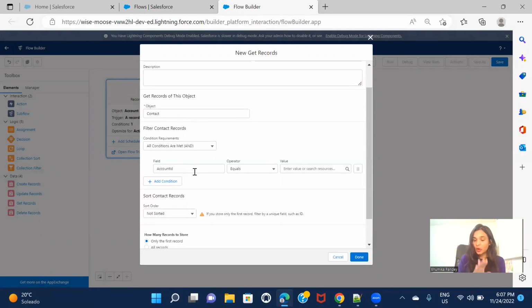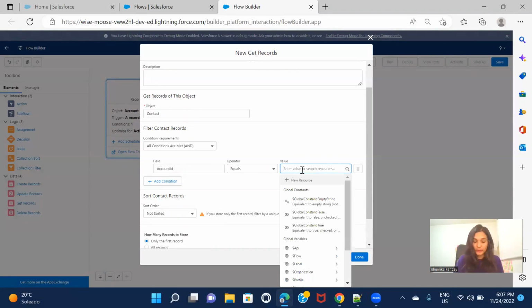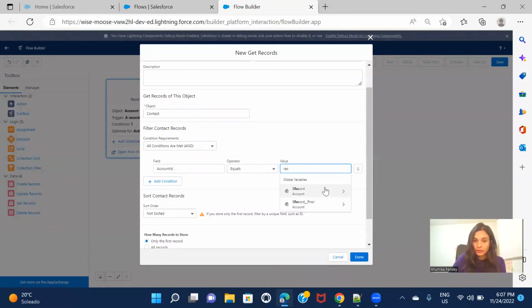But I want to fetch the contacts associated to the respective account. Let's say if the user is working on a particular account, then only the contacts associated to that account should be fetched, not all the contacts from the system. So that is why I'm verifying that I want to fetch the contacts related to the account on which the user is working. As per the record triggered flow, I already have the account. That means I already have the record ID. And if you remember, in a record triggered flow, you get the current record ID with the $Record.Id global variable that they already have. So record